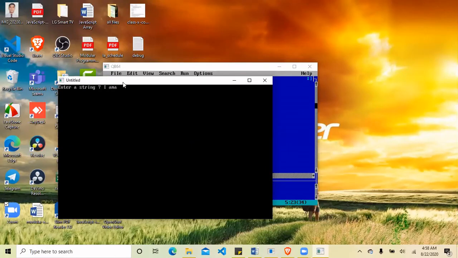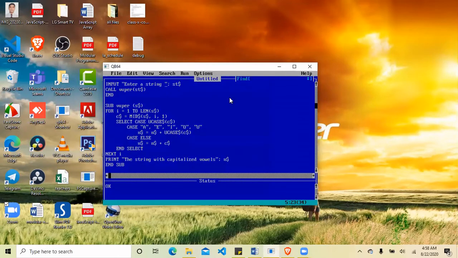I am a student. Now the capitalized vowel output is: I am a STU capitalized, DE capitalized, student. Yes. Okay. So in this way, we